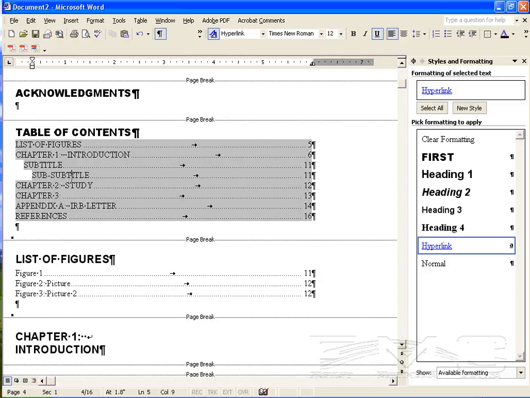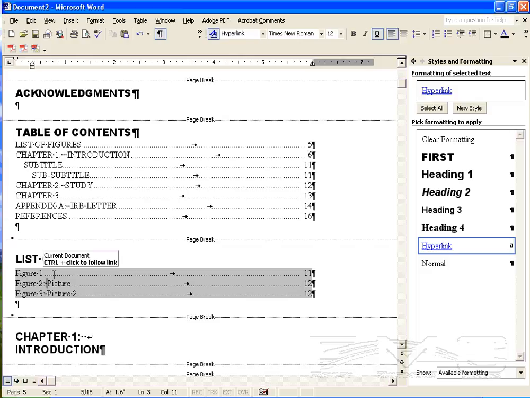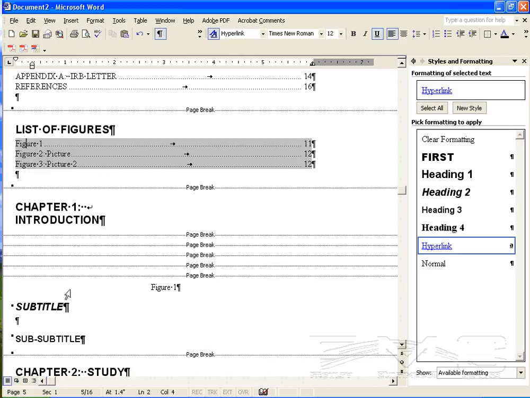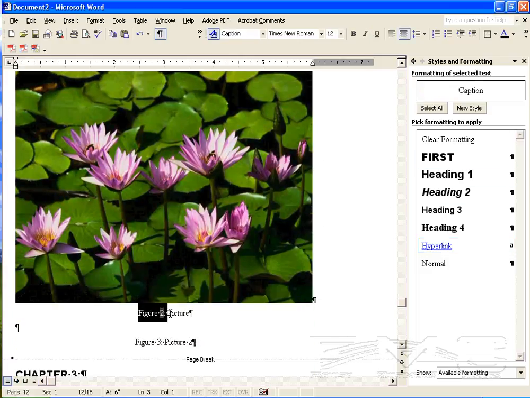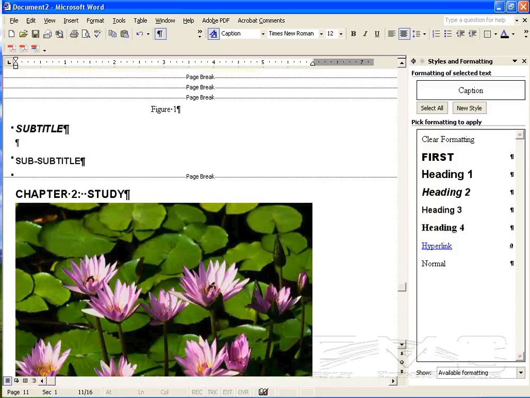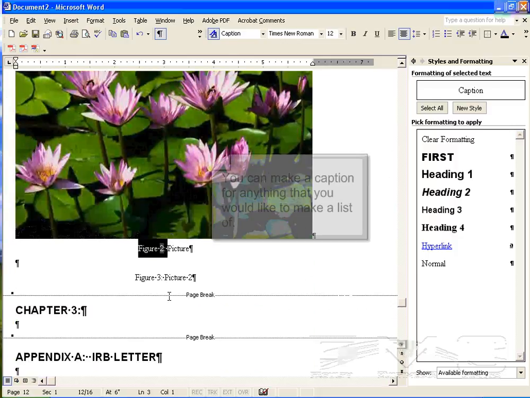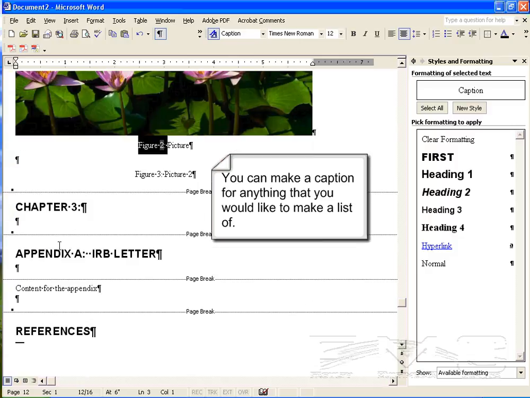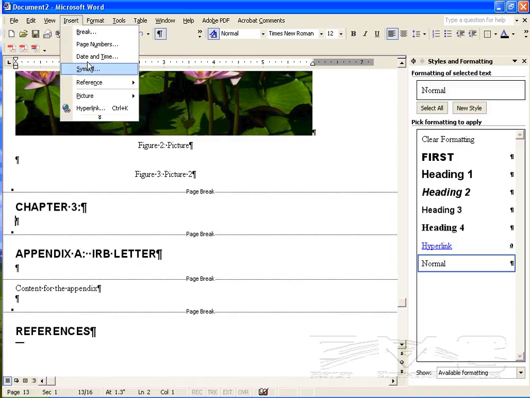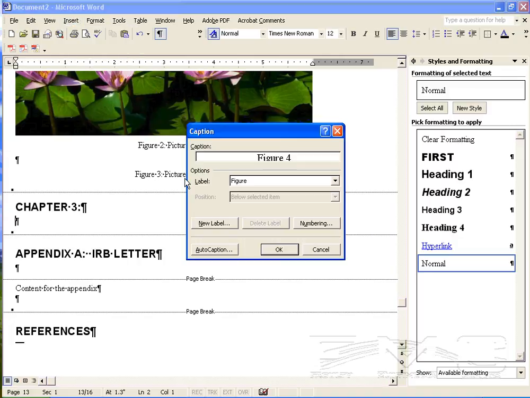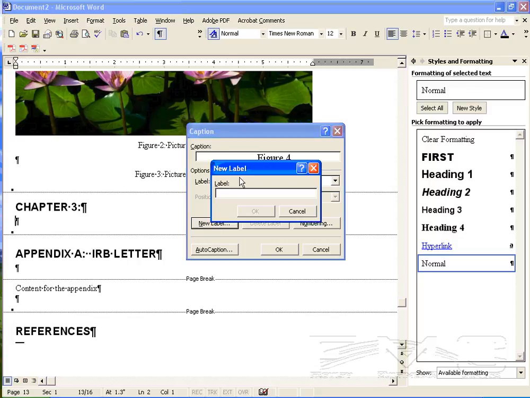Now, you'll notice that between my table of contents and my list of figures, there's very little difference. The only real difference is that the list of figures is created not from the styles, but from the captions, which are the things I actually added here. So you can have any number of captions, and you can even name new captions. If I wanted to create a custom caption here in chapter 3, I could go to Insert, Reference, Caption, and if I don't want a figure, a table, or an equation, I could click New Label,